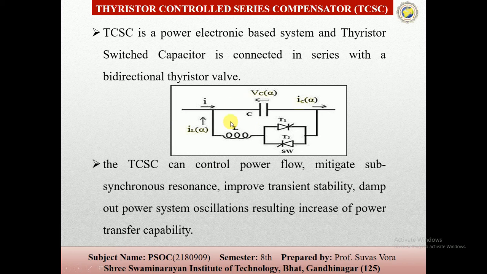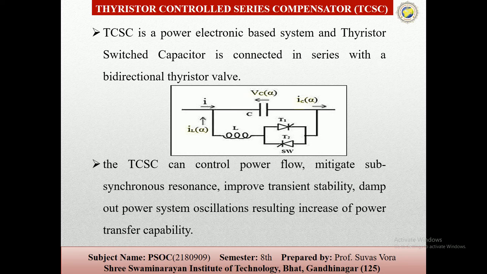You can see here the capacitor bank is connected in parallel with the system. This module is connected to protect the equipment in parallel with the series capacitors. Here you can see that the metal oxide varistor is connected in parallel with the series capacitors. This is a non-linear resistor which prevents the high capacitor overvoltage.